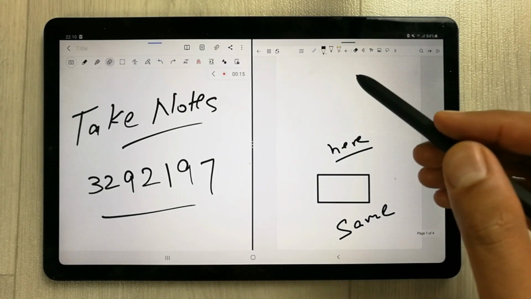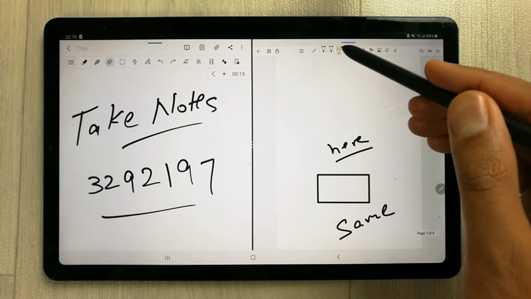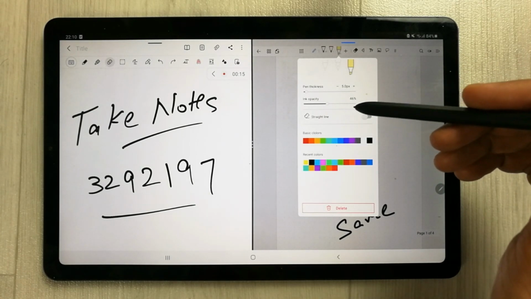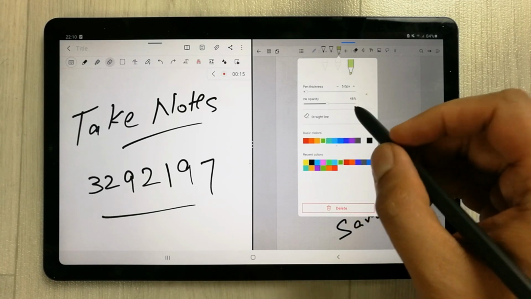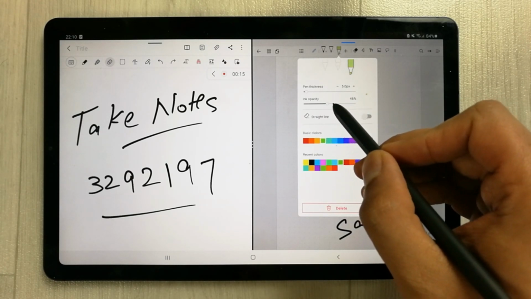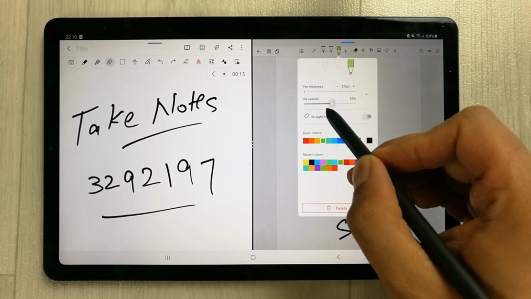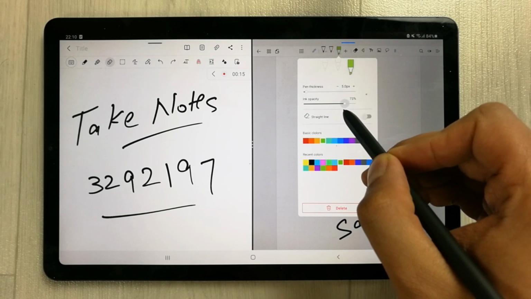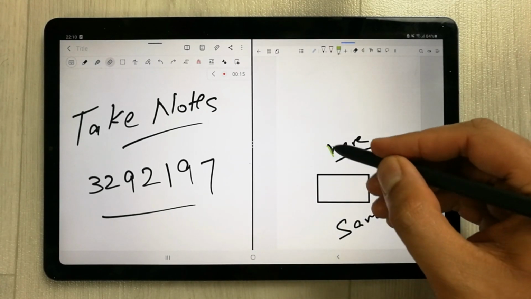Then if we talk about the highlighter, in Flexel the highlighter also gives you many features. The first feature is the ink opacity. So you can see over here I select this color. For ink opacity, you can see over here 90%. It gives you from 0 to 90% ink opacity. So you can select whatever opacity you want. For example, I want to use this one.